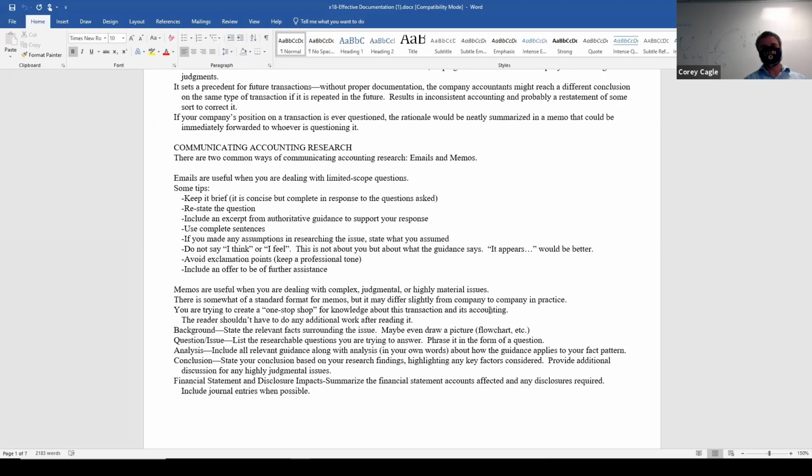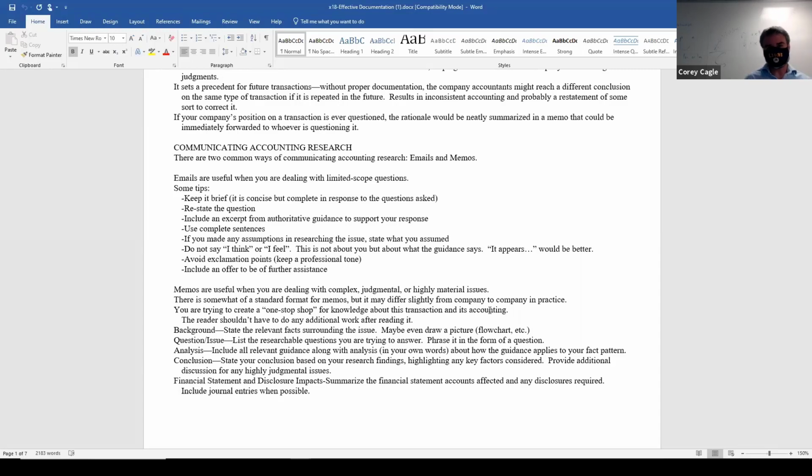Restate the question. All right. Here's the biggest problem I saw with the ones that were turned in. They just started off and just answered something, and people are busy, and the person who asked for this information probably forgot exactly what he or she asked for, and they're going to start reading in the middle of the thought that whoever is emailing started out in, and they're going to be like, I have no idea what they are answering here.